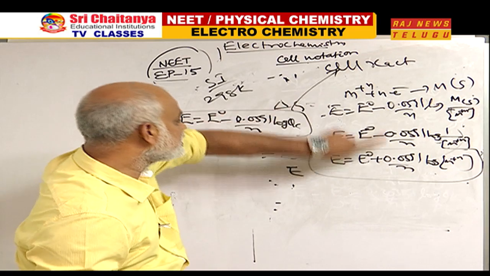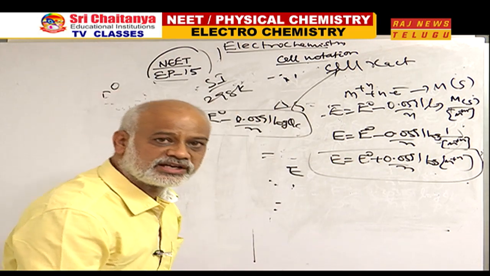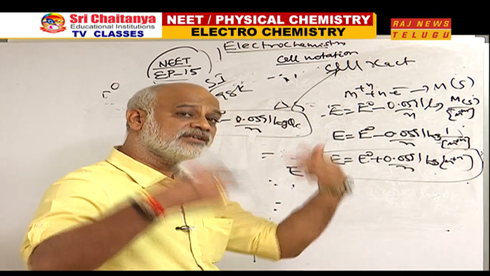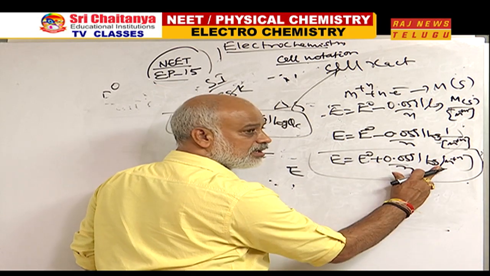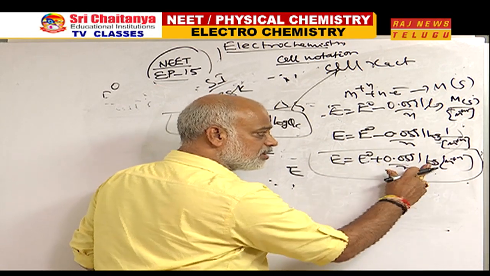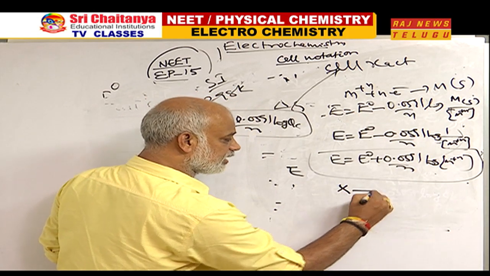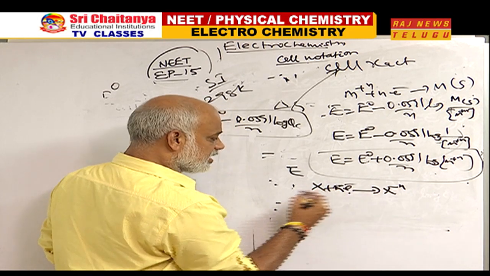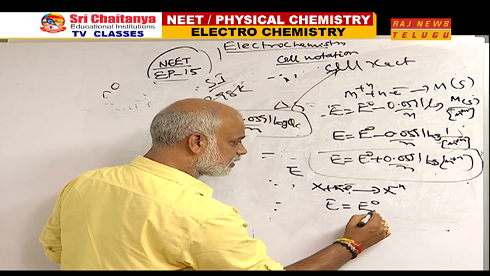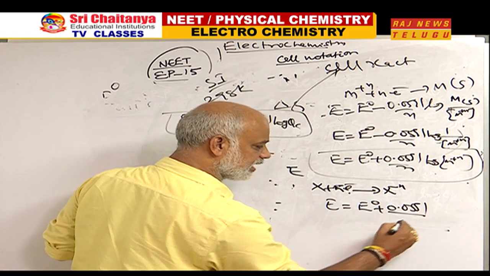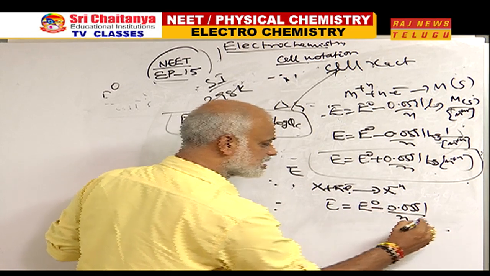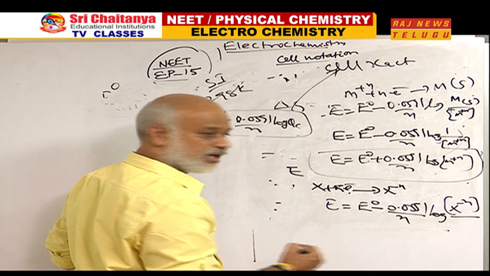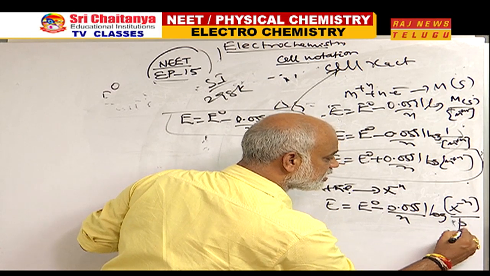But how did I derive this from this only? If you still wanted to write it as minus, you can write minus and write logarithm of 1 by metal ion concentration. It is your will and wish. If you want to put minus here, logarithm of 1 by metal ion. If you want plus here, logarithm of metal ion. Similarly, if you take a non-metal, it will give you X plus n electrons. If I solve all these things, assuming that E is equal to E naught plus 0.0591 by n, minus logarithm of X minus n concentration by X gas, partial pressure of gas.